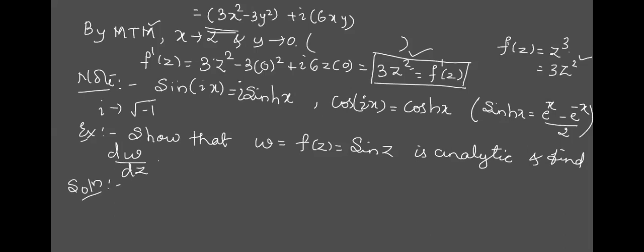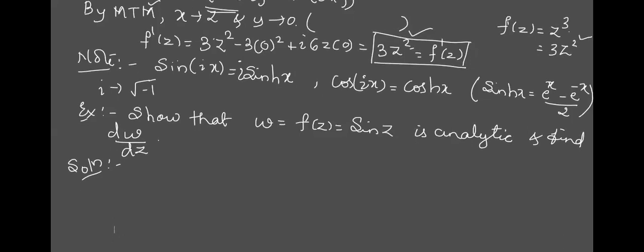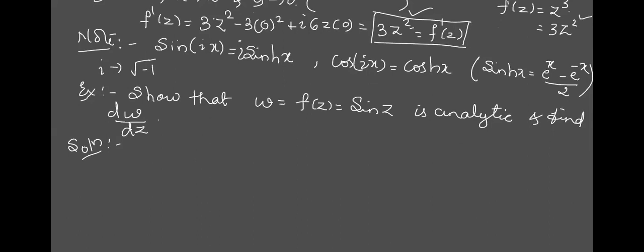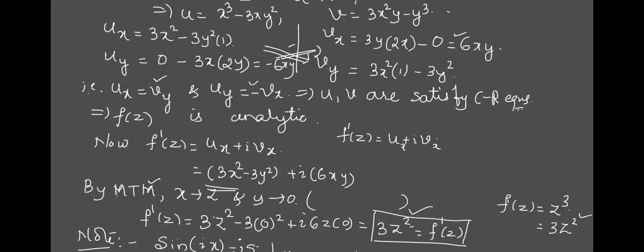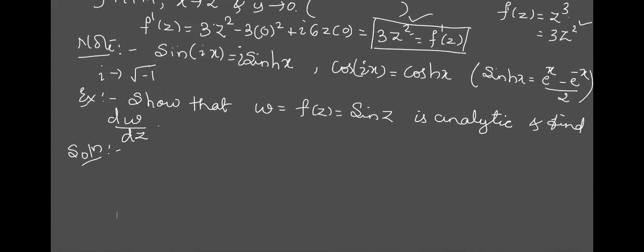Is the question similar or any changes? Is the meaning of the question the same as in previous examples or any changes there? Same only. Only the wording is a little different. Find dw by dz is nothing but, if w is f of z, dw by dz is actually f dash of z. Instead of asking like that, they have asked this way. Reading the question carefully will be the first point given in the question paper.